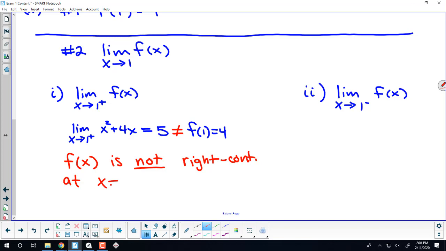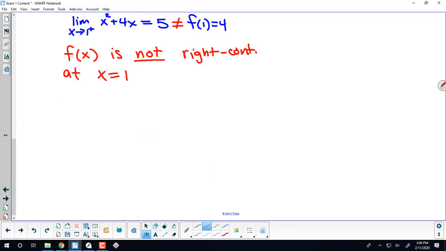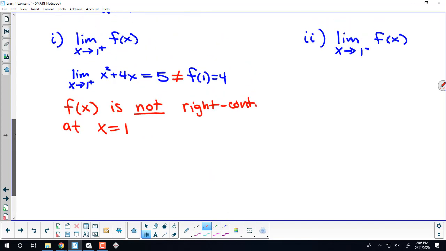At x equals 1. And again, don't just stop there. You can write that out if you want, or you can just keep that in your head. When we say that the function is not right continuous at x equals 1, by saying where it's not continuous, we're implying where it is continuous. So this means